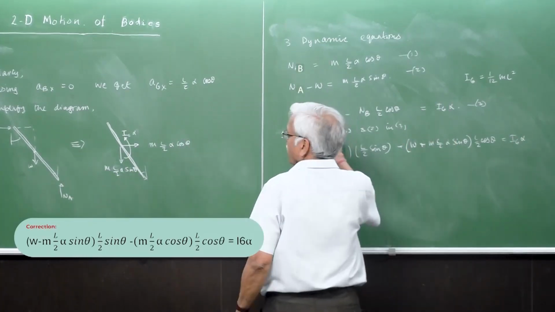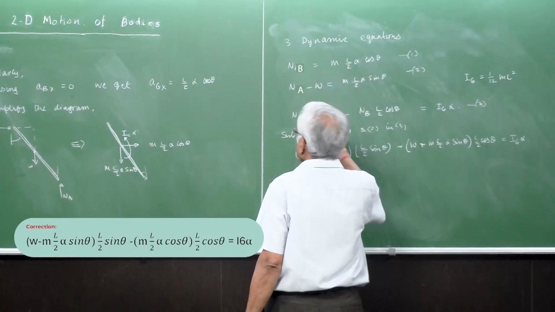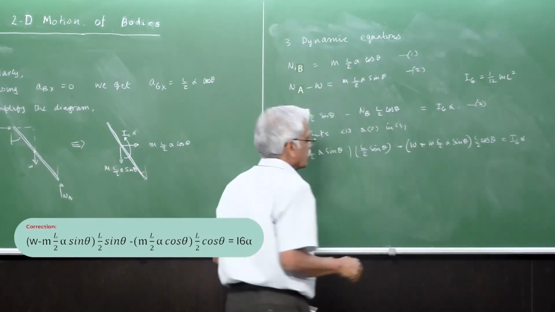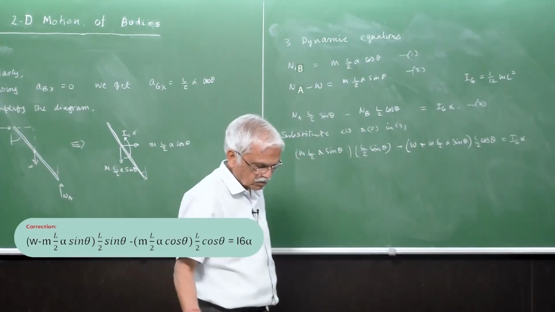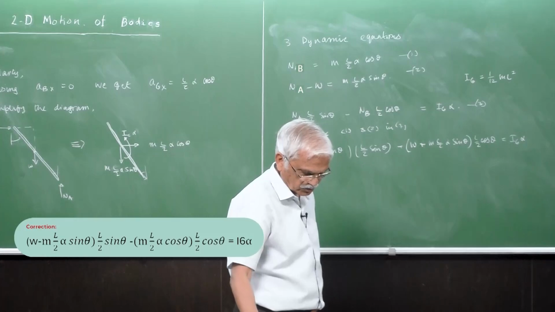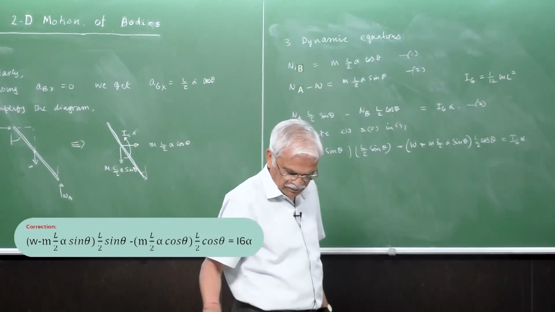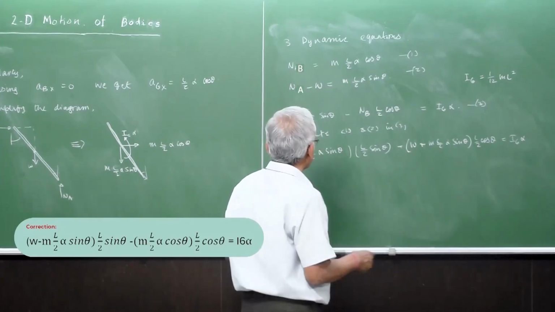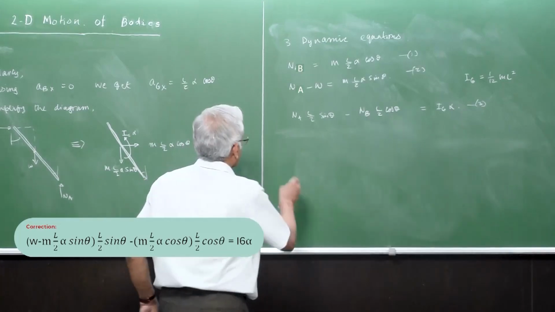This is Na. Okay, so this is how you have to solve for the unknown. So I think I'll leave that at that point. However, if you're interested